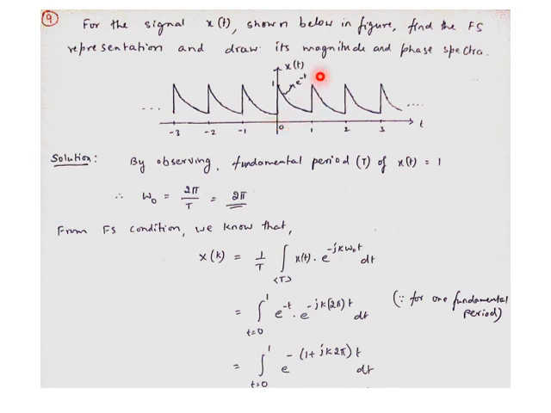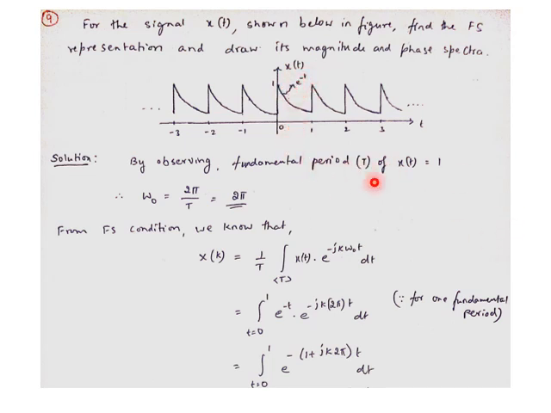But at that time, in 0 to 1, the fundamental period, we have the graph e to the power minus t. This is the exponential decay. When t equals 0, what is going to happen? The value will be high, that is 1. What is going to happen when t equals 1? It is decaying and it reaches some minimum value. It is not exactly 0, so it reaches some minimum value. So this is the exponentially decaying graph that is shown. Decay is always represented by e to the power minus t, that's what we have taken.